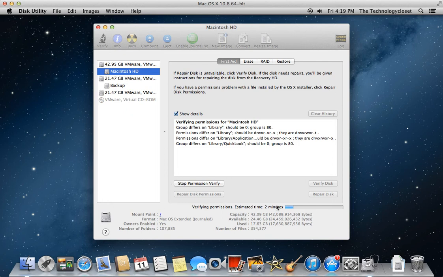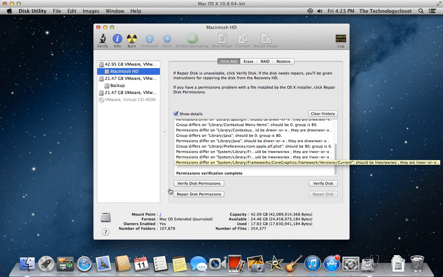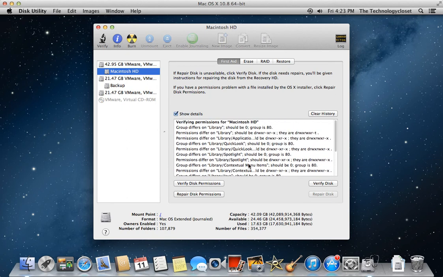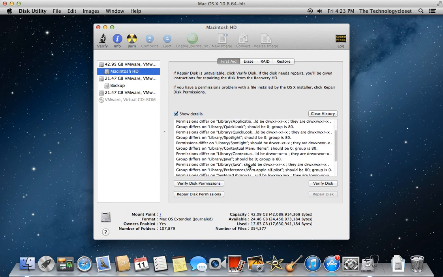So we're going to wait until this completes, and I'll show you the results when it finishes, because who knows how long it's actually going to take. Up to 3 minutes now. Oh, maybe not. So as you can see, it ran and found a few discrepancies in the disk permissions on certain files and